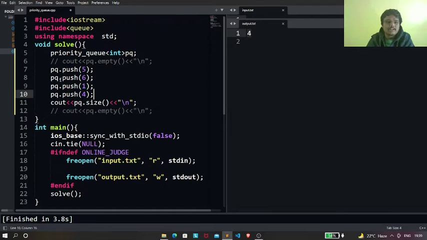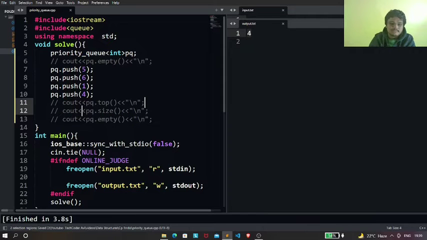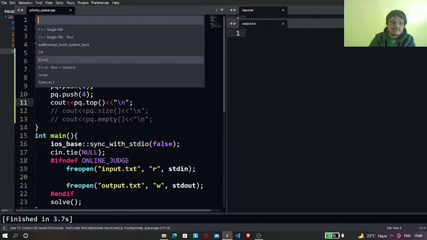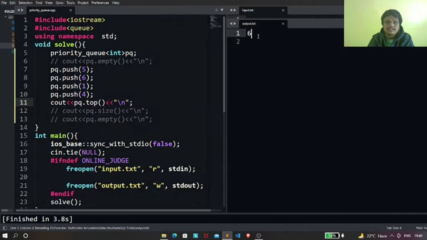Now over here we have taken a max heap, right? Now in max heap what happens? The parent element is greater than its child elements, right? So if you just write pq.top, that means in order to get the topmost element in a priority queue, then we'll find that we'll get 6. Now because 6 is bigger as compared to all the other elements in this priority queue, right? So let me just save and run again. Then you will find that it's returning me 6, right? Because 6 is greater than all the other elements, right?